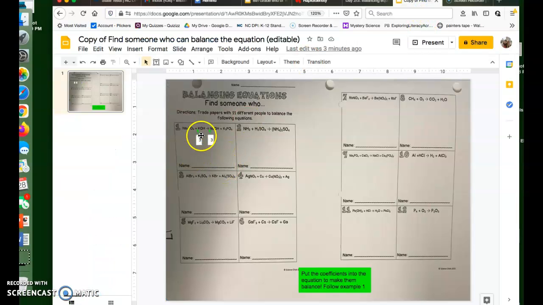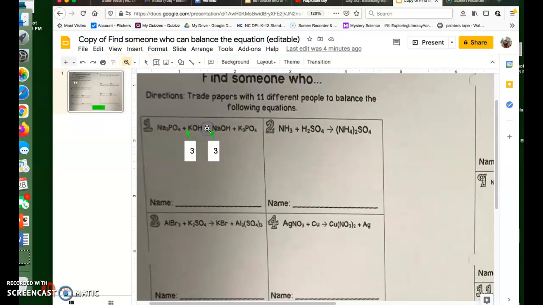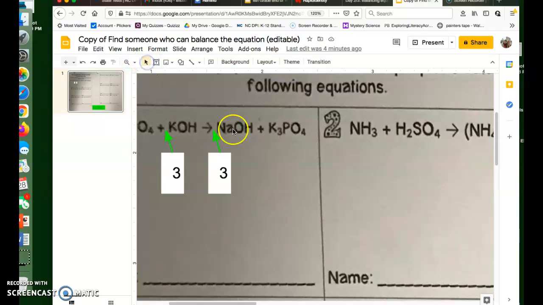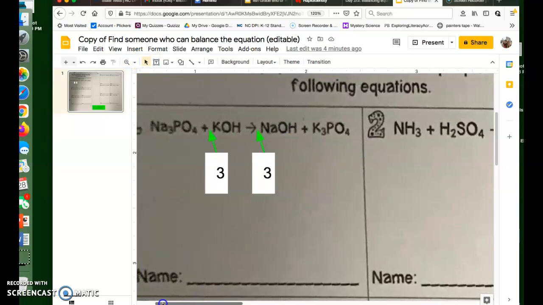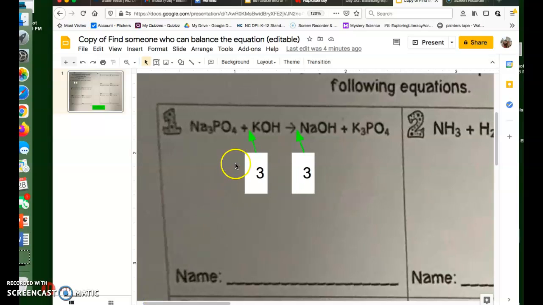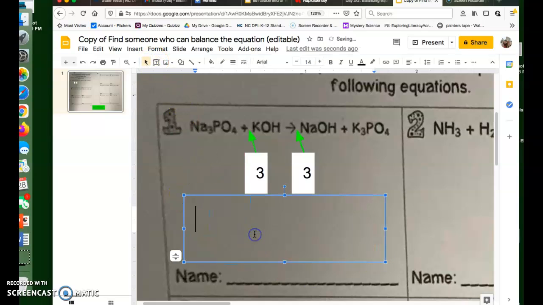Today I want you to write down your balanced coefficients. So we're gonna zoom in a little bit so we can see. Maybe go over a little bit so we can see a little bit more. So the first step that you would do is to list what you have in a text box. So I would list that I have Na equals 3, P equals 1,